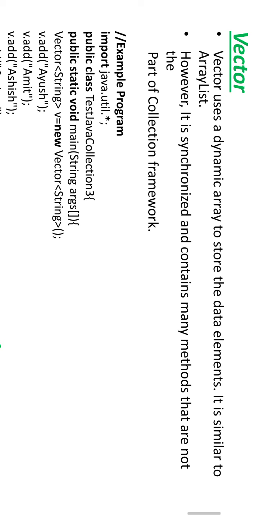So to know the operation of vector, here I gave an example. For this also we need to import the util package, because these collection frameworks are all there in the util package only. That's why the first statement imports the util package with the asterisk. All the sub packages, predefined classes, pre-declared methods and interfaces are imported into our program. After that, whatever the class name is, TestJavaCollection3 is our class name, and whatever code I am writing is within the main method, that's why we are declaring the main method here.